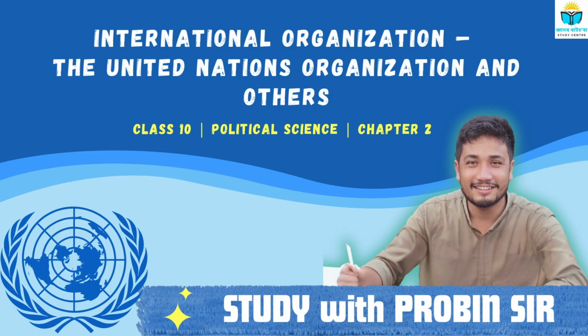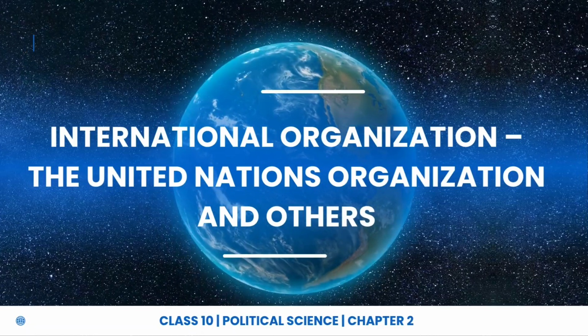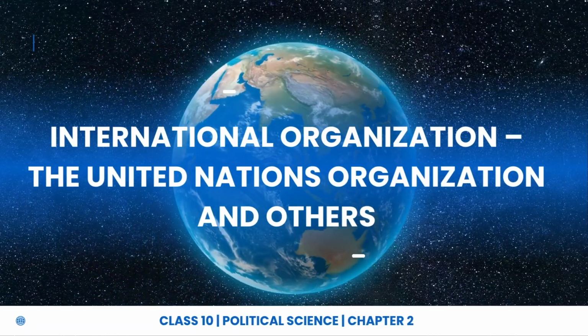In this chapter of Class 10 Political Science, we'll explore how the UNO was formed, what its main goals and organs are, and how it works to keep world peace. We'll also learn about other major international organizations. So grab your notebooks and let's learn how the world stays connected and works as a global family through cooperation,